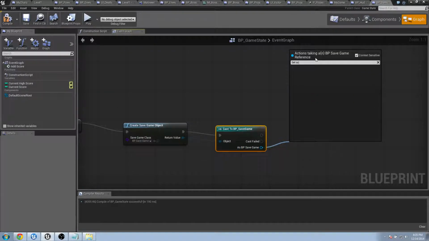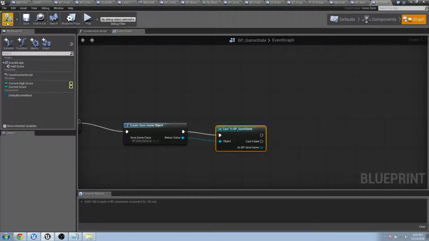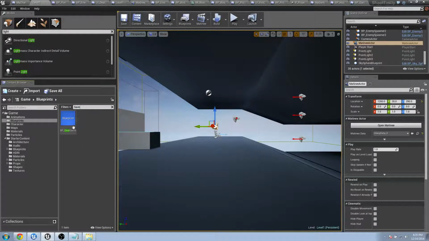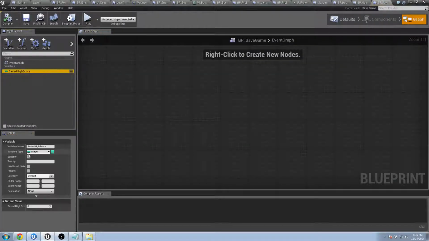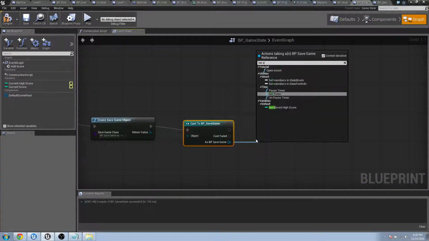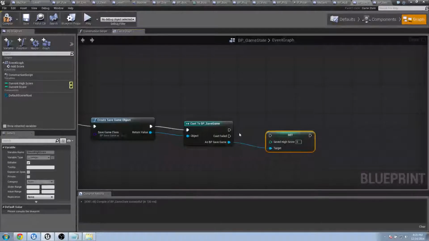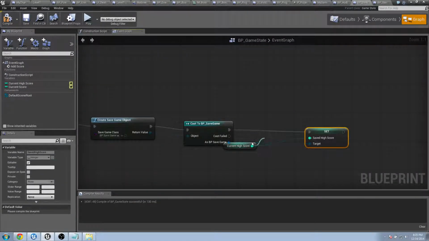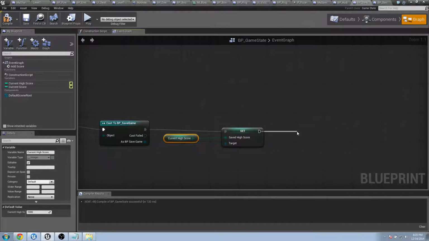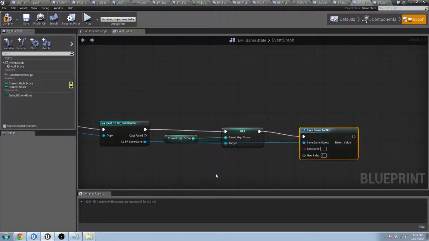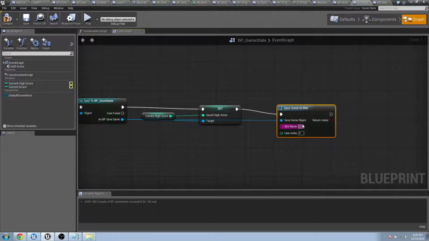We need to go to our save game and make sure that thing is exposed. Let's go back to the save game here. This thing needs to be editable. Go back to our game state, and now we can set the saved high score equal to the current high score. And then all we do is save game to slot, and the save game object is that guy right there, and we'll give it a file name, high score. Okay,